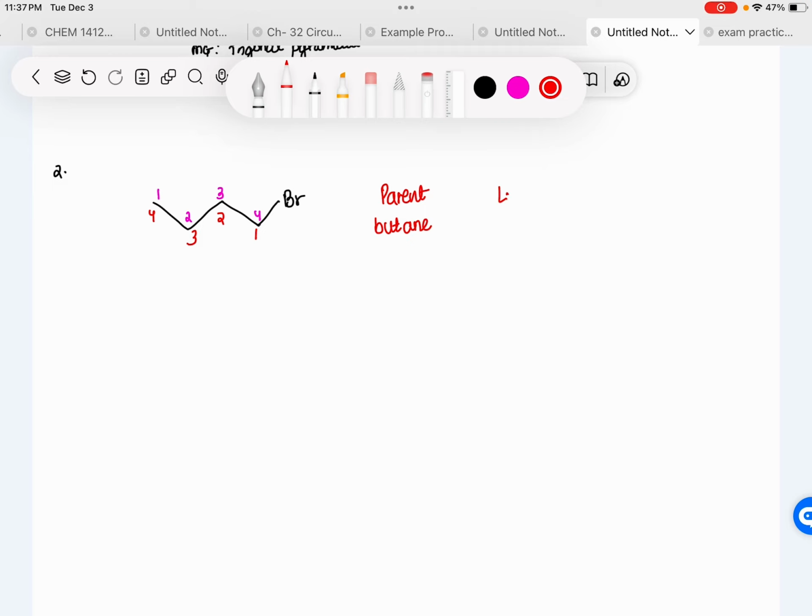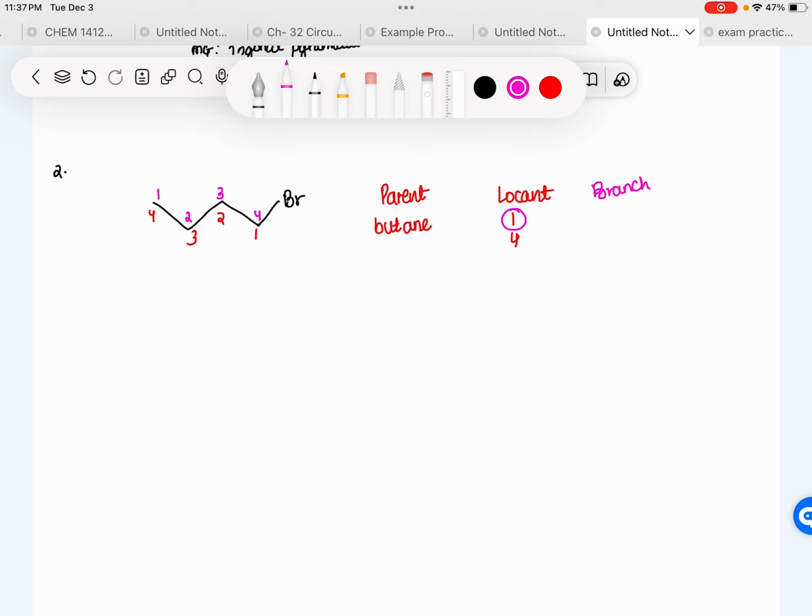And the locant, we have 1 and 4. Since 1 is the lowest, we take 1 into consideration, and